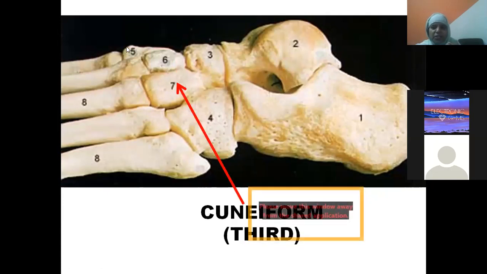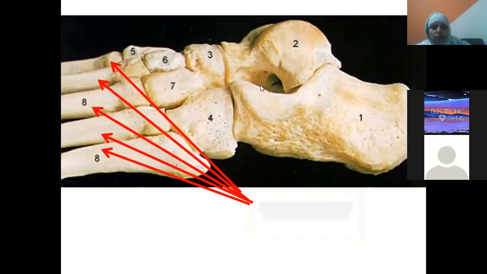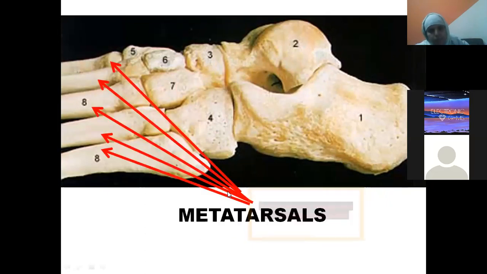I hope the names and orientation are clear for you now. The largest among all, I'm repeating so many times, is the calcaneus. Then we have the talus. This boat shaped bone is the navicular. Then this is the cuboid and the 3 cuneiforms: medial, intermediate, lateral. Overall, how many bones do we have, beta? 7 bones.